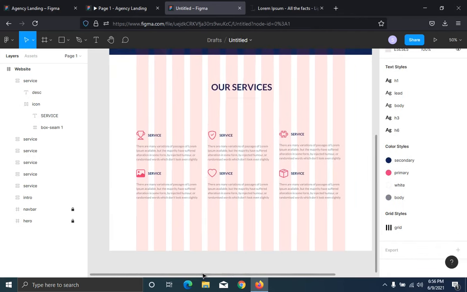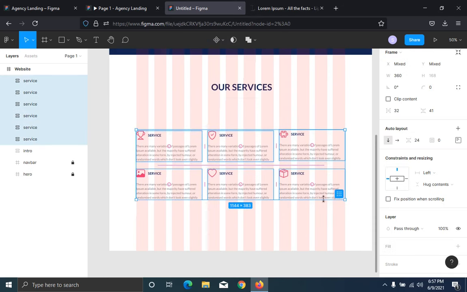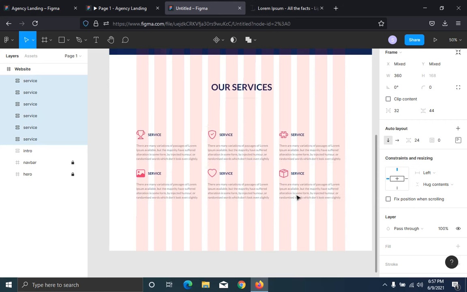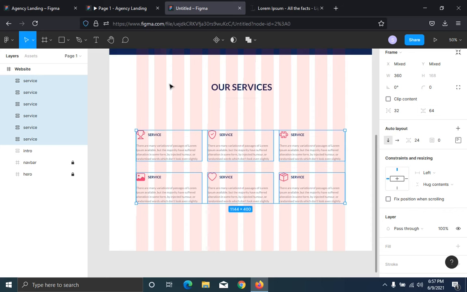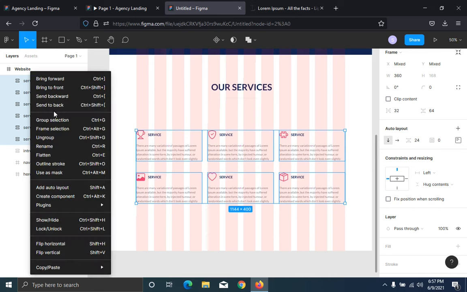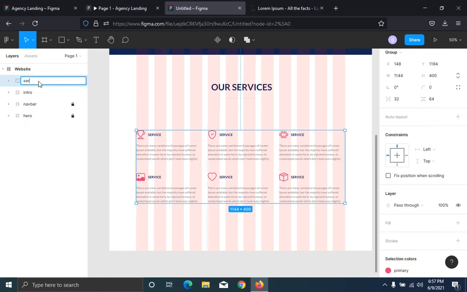So I did for all of these, I changed the icon for everyone. So I'm gonna select all of these and then click on that icon, sorry. The horizontal space is going to be 32 and the vertical is going to be 64. That's it. So I'm gonna select all these and I'm gonna group it. I'm gonna call it services. Okay,